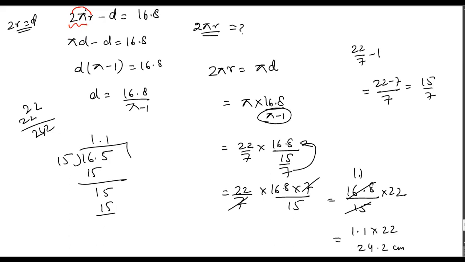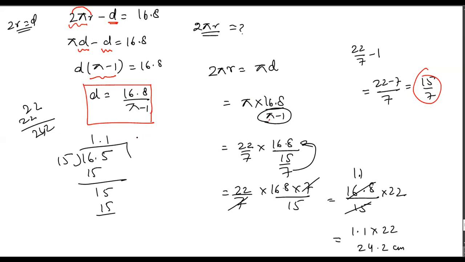So instead of writing 2 pi r, I write here pi d. D is the diameter. Minus d, the diameter already, is equal to 16.8. So I take the d as common from this one, and you can write it pi minus 1 is equal to 16.8. You could solve here itself for the direct value of d. You can calculate the value of d directly here. Solve the pi here, and you will get the value 15 by 7. If you do not want to carry it down, you can solve it here itself.